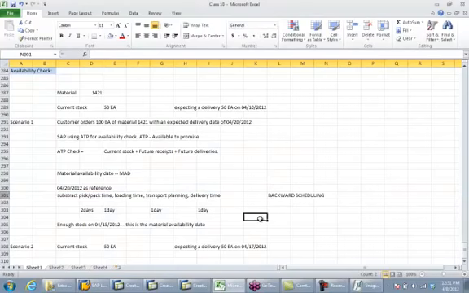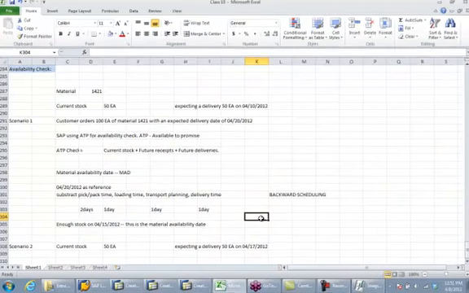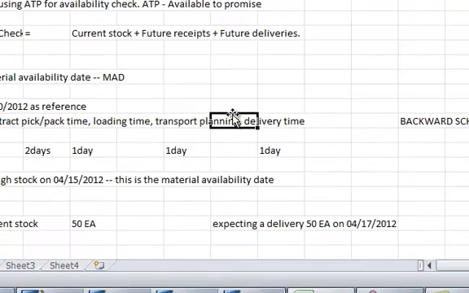So backward scheduling is nothing but it will take the customer's expected delivery date as reference, and it will calculate backwards. It will reduce the delivery time, then reduce transportation planning, reduce loading time, and reduce the pick pack time, and then it will come up with a material availability date. So that is the date on which you should have enough stock. So similarly again, let's take a different variation of